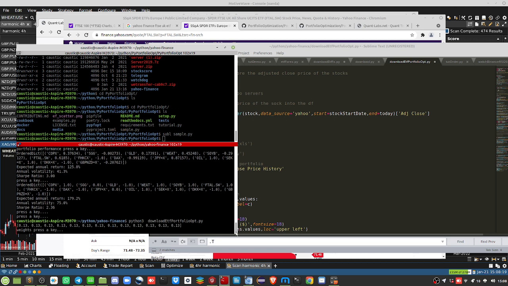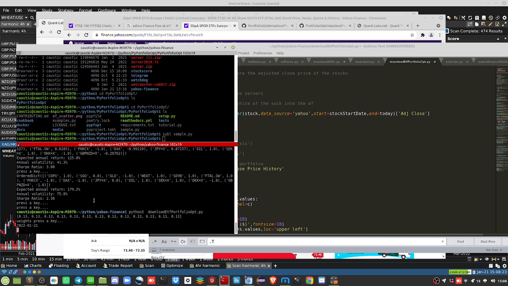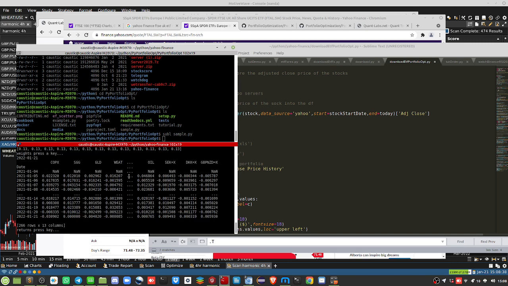So it takes a bit of time to download the data. Here it's calculating the weights, and then off it goes. It uses today's date and determines how much to download based upon that, from what I specified, as I said, since January 1st. So here's our